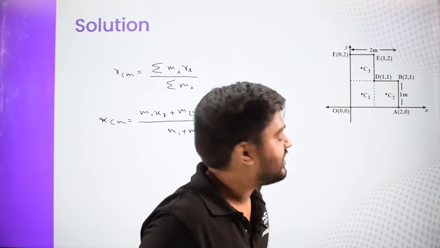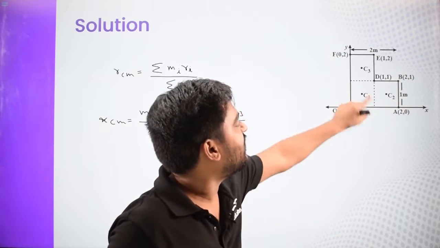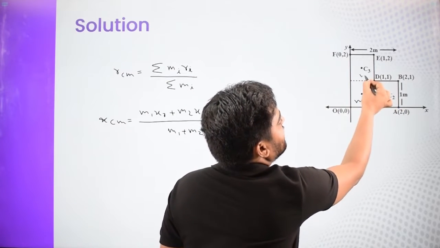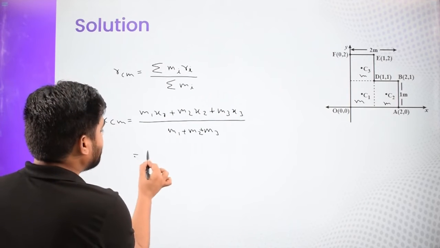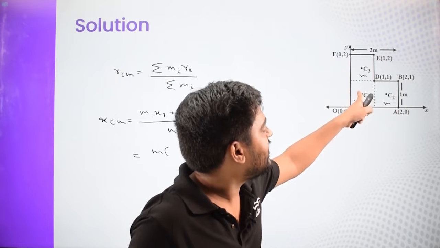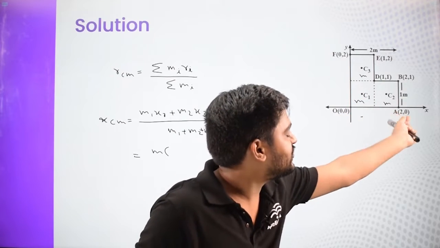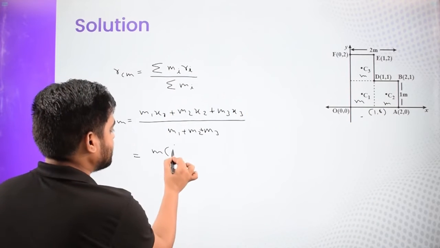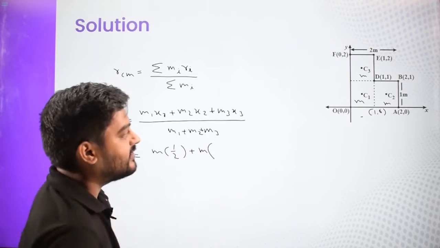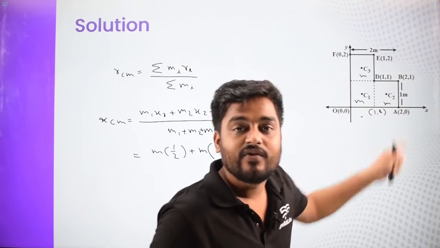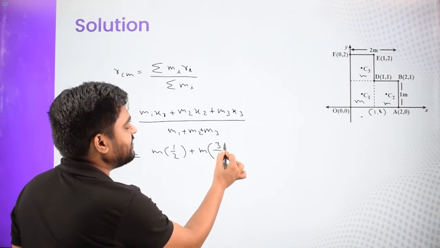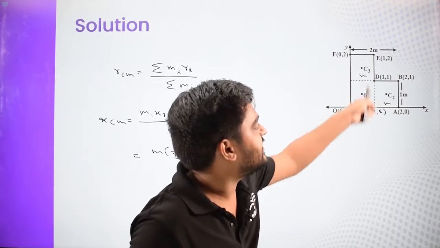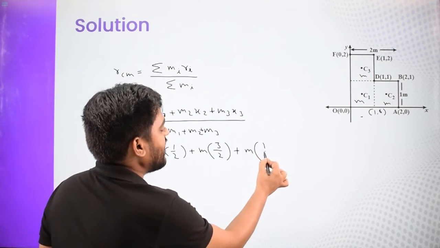This is a rectangular sheet. All 3 squares are basically 1 by 1 squares, as you can see in the figure, so all of them have equal masses. Let us consider all as M, M and M. For the first M, what is the X coordinate? This is 0, 0, this is 2, 0, so this is 1, 0. The X coordinate is going to be half for the first. The second M is kept between 1 and 2, that is 1.5, so you can write 1.5 or 3 by 2. The third mass is kept at again the same X as C1, so this is again half.